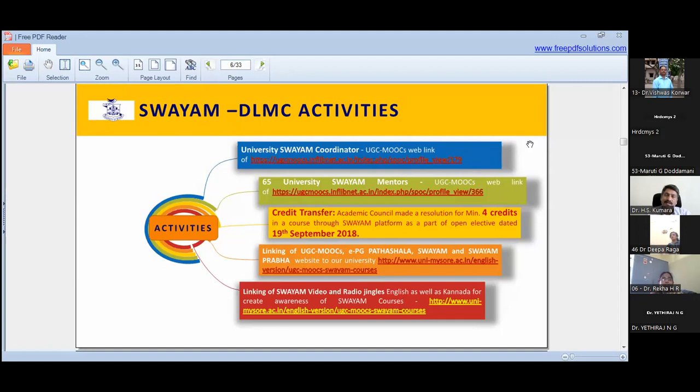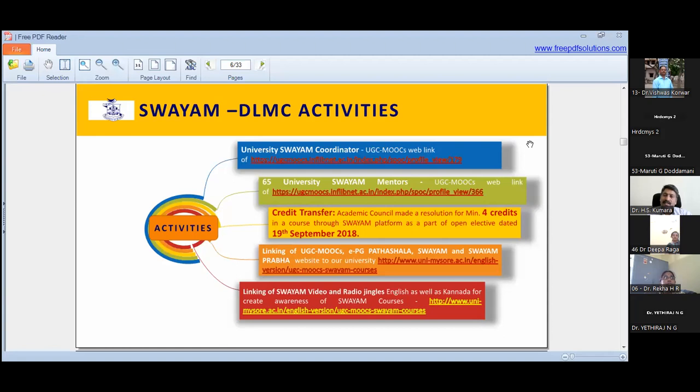So as soon as a subject is released, we directly send it to the mentor. The mentor will take into consideration creating awareness among the students that this subject is made available. They also monitor enrollment as well as various other things. These are some of the things there.